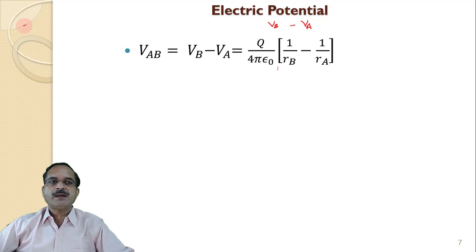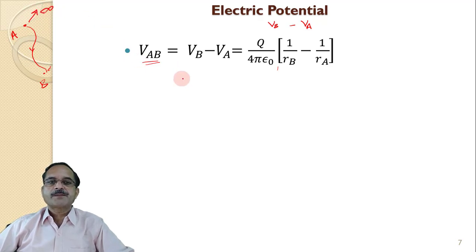So in the earlier case, this is point A and this is point B, and we are moving a charge from point A to point B, and we find out this potential VAB between these 2 points. Now if I shift this point A to infinity,